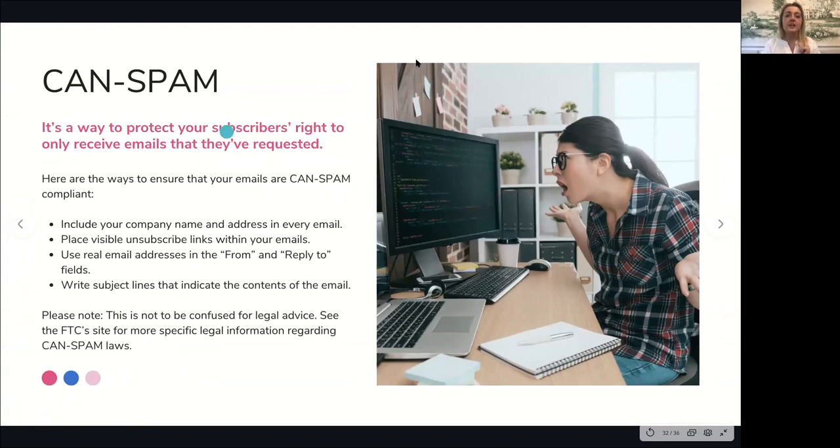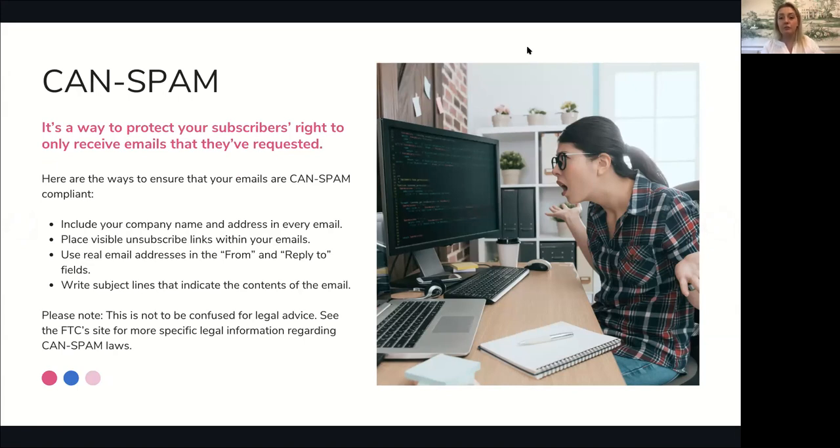Okay. So in the United States, it's called the CAN spam. Okay. And it's a way to protect your subscribers' right to only receive emails that they've requested. Like, no one wants to be spammed with emails that you didn't request. Have you ever unsubscribed from emails? Yes. It is a law that people have to be able to click unsubscribe on emails and unsubscribe from them.